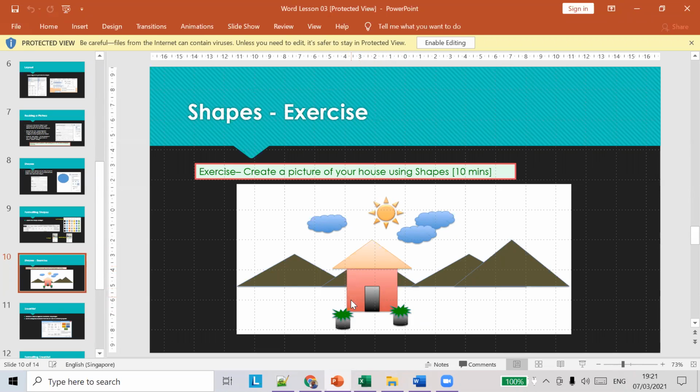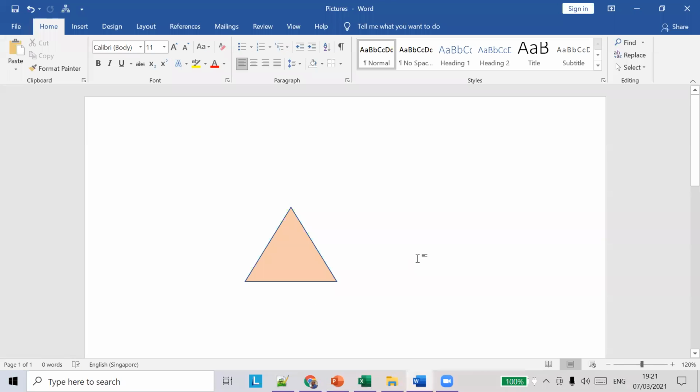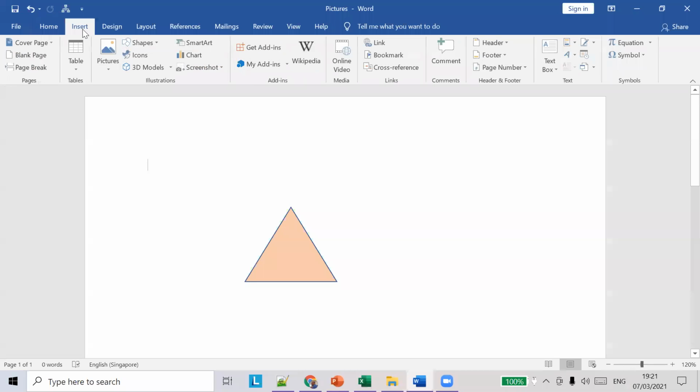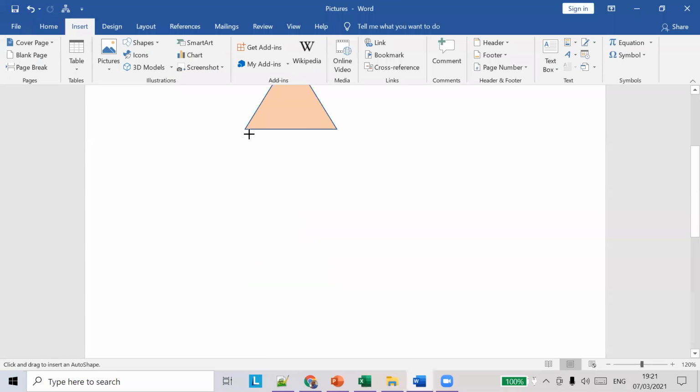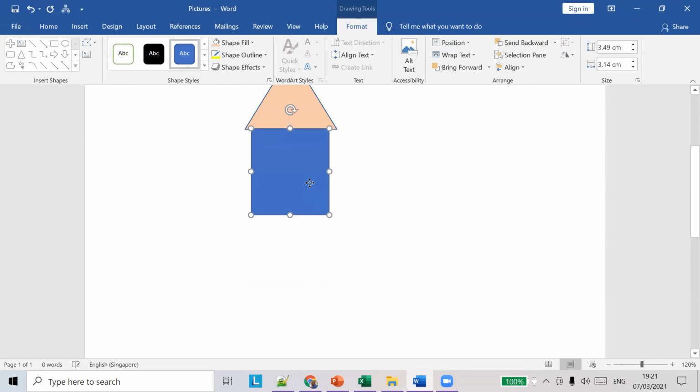The house is in red color. Insert, shapes, triangle. I'll draw a triangle here for the house.